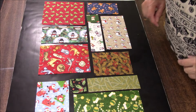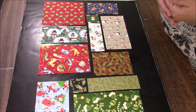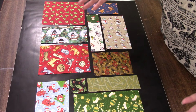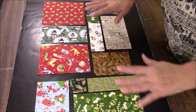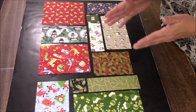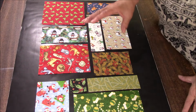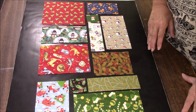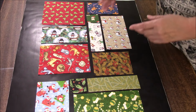I am here with block number 3 for our 12 blocks of Christmas quilt along. I am making 2 blocks per month, April through September, for a total of 12 blocks. Our blocks are Christmas, yours don't have to be. Our blocks are scrappy. You can go more planned if you want. At the end you will have 12 blocks measuring 12 wide by 20 long. You can put them together 4 across by 3 down. And I still can't remember how big that makes it, but I'll let you know at some point in this